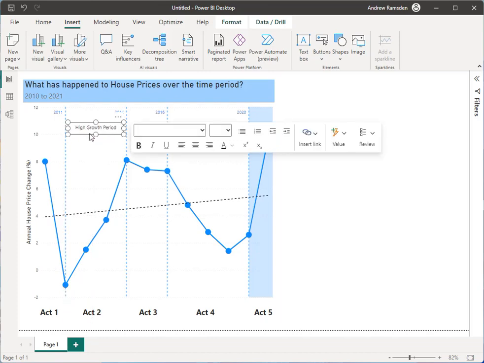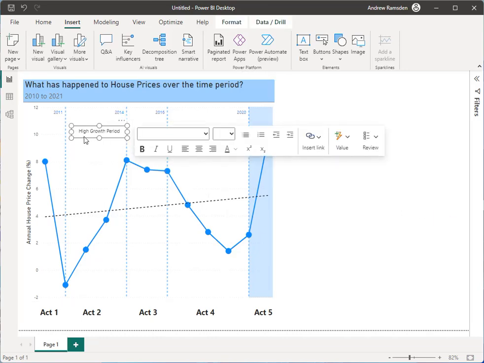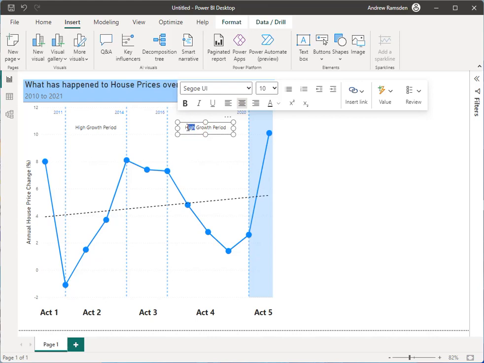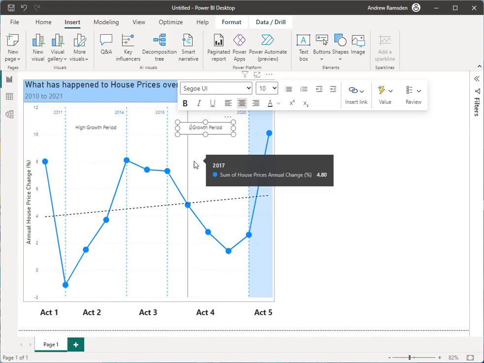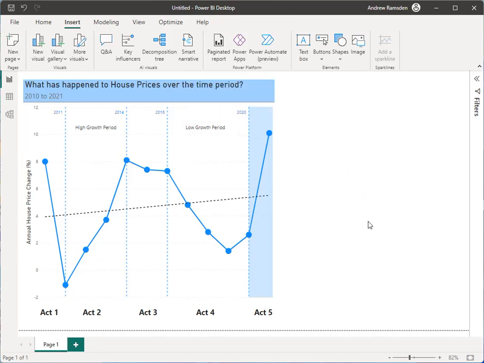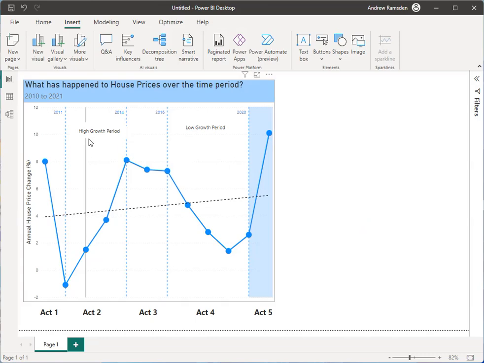Right. And I might put this down as a low growth period. And of course, it gives me the option of putting this down as a